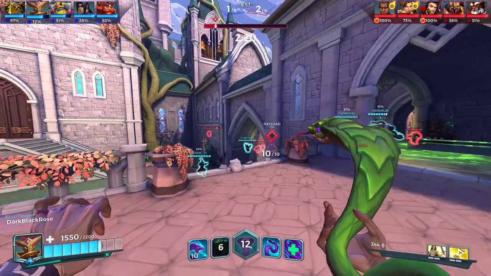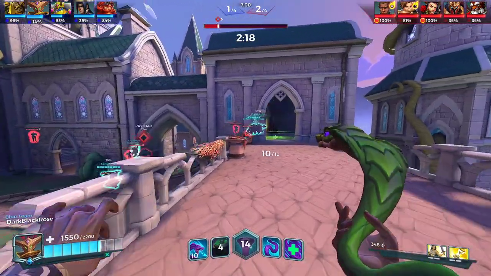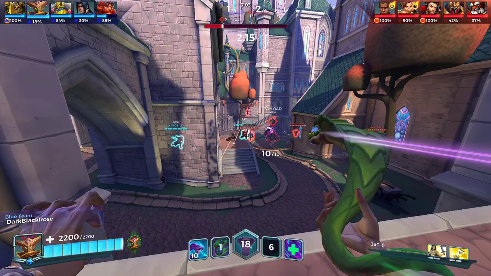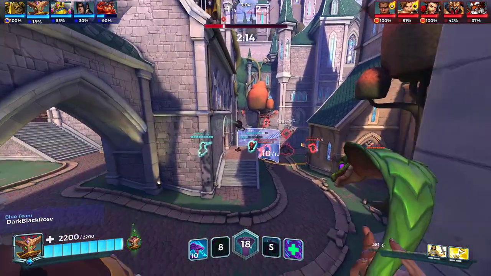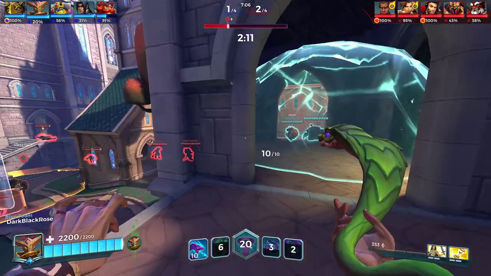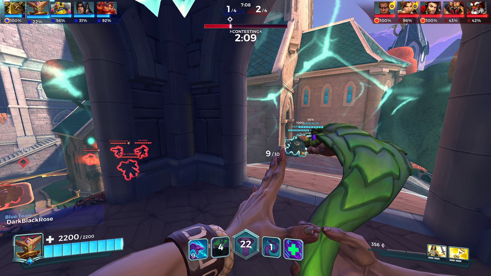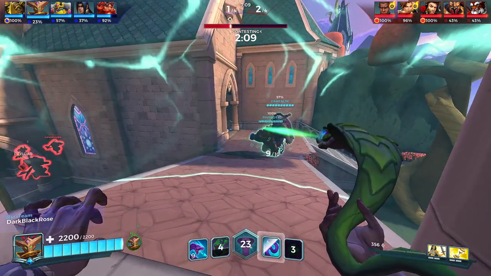Now we're here. So you really didn't need to use Slither there, but yeah. Girl, just wait a second and make sure you hit your shot instead of spamming that jaunt, come on, man. So right here,